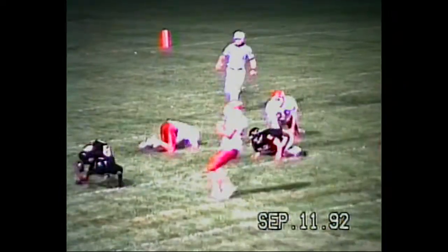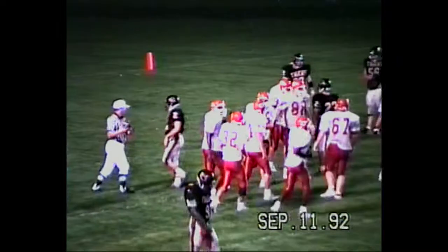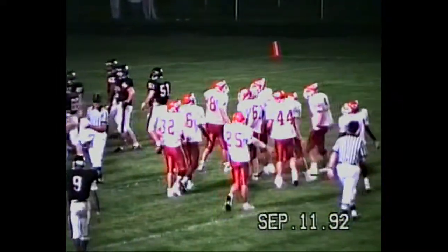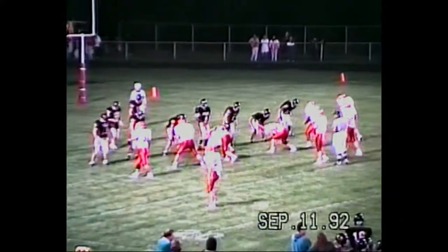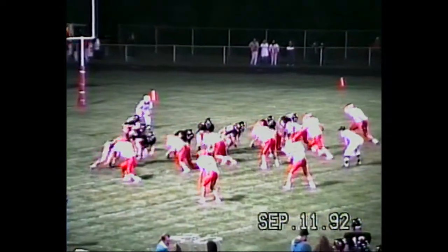DJ Wright this time. Oh, I think it got past that one. The quarterback trying to get it to the right side on the keeper. Gets up to... Not a big run, and he just simply slipped as he tried to cut upfield. That was almost a big play off of a quarterback keeper. But as it was, it turns out to be a 3-yard gain and brings up a 2nd down and 7